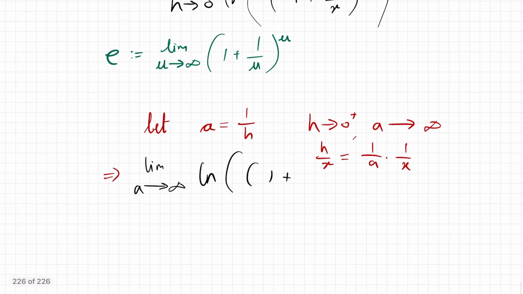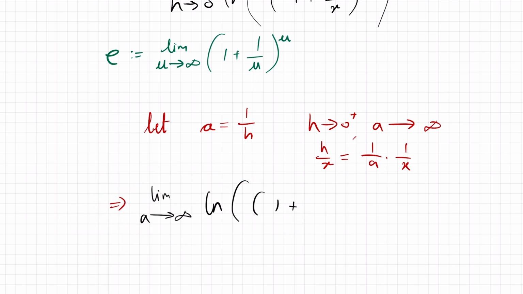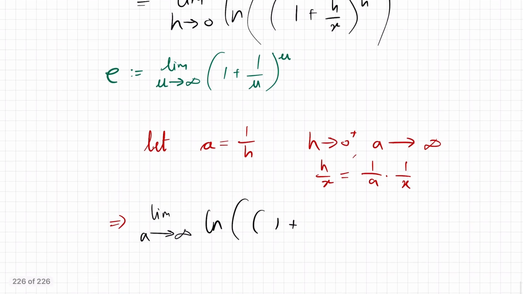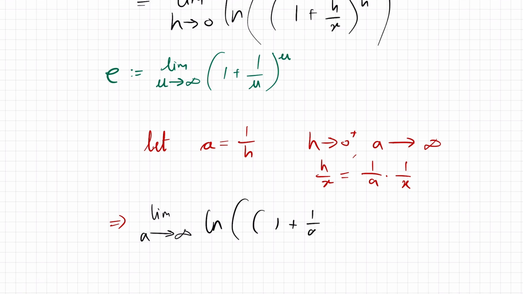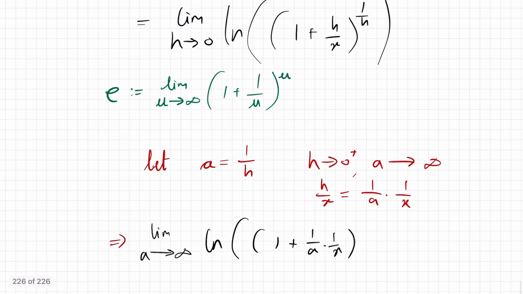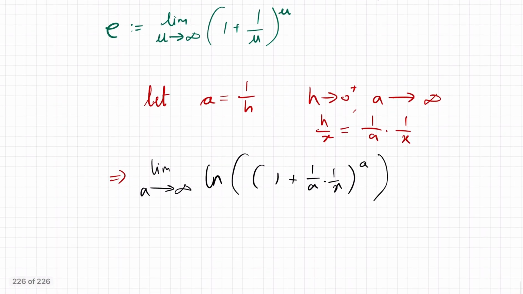So we can write this h over x as simply 1 over a multiplied by 1 over x to the power of 1 over h. Well, as h goes to 0, a is going to go to infinity. So 1 over h is simply just a. All right. And from here,